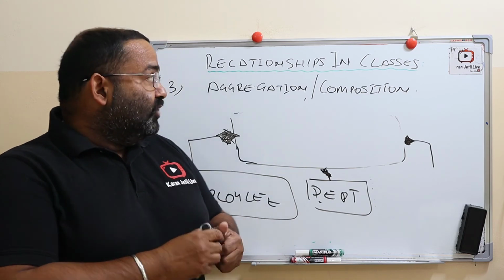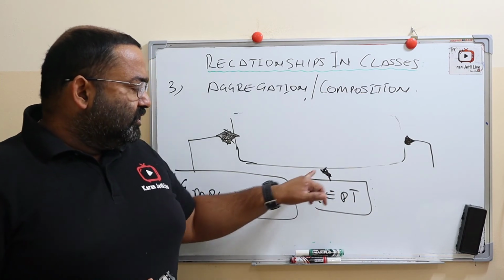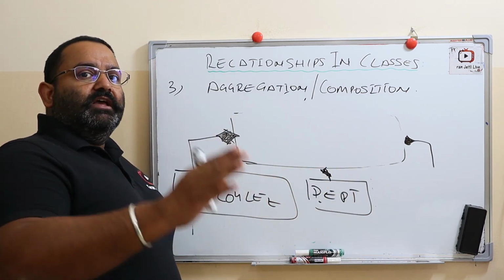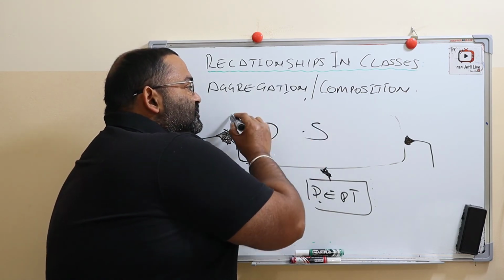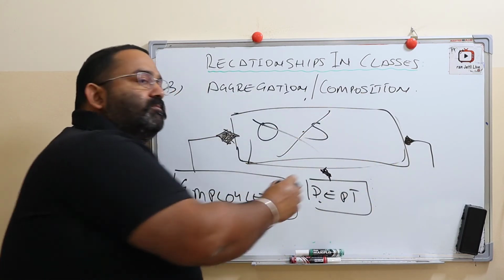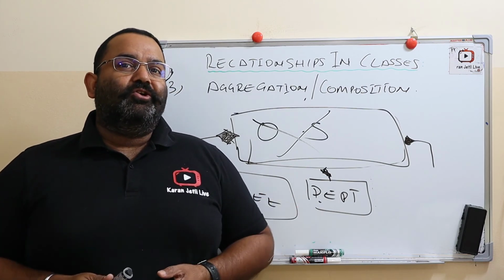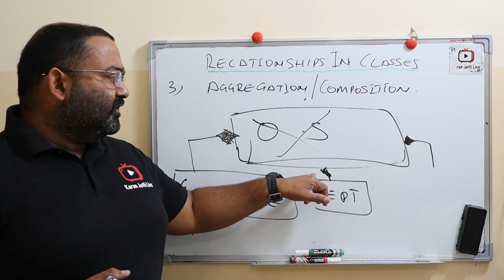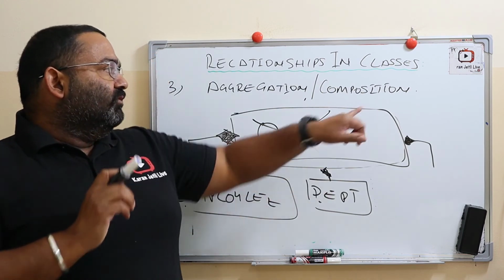Okay, so that is what? That is a composition. If I put a composition, the designers will know, okay, if he is having this position, he is holding this position as long as the organizational structure class is there. When this class goes, my position also goes along with it. So what is this? This is a composition. How is it denoted? It is denoted by a black diamond.